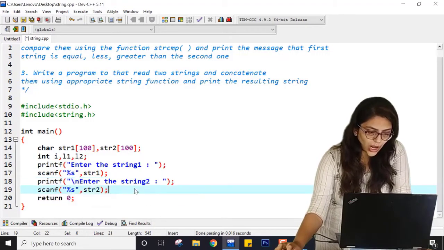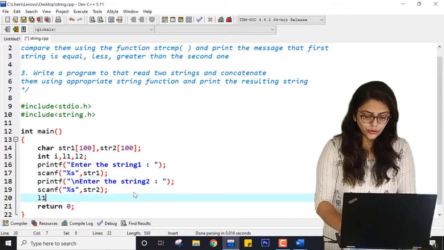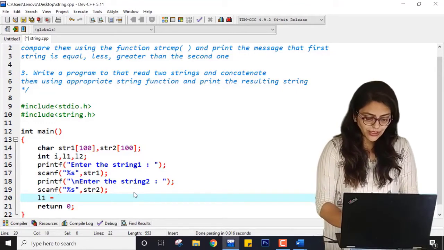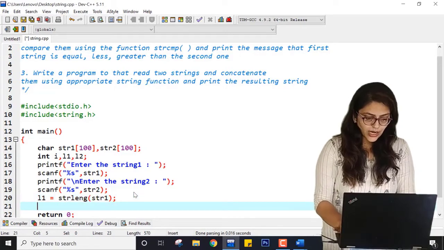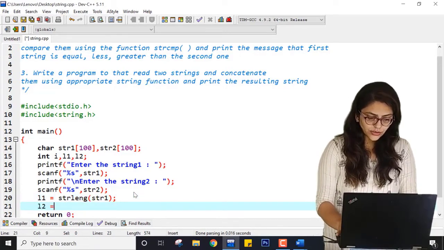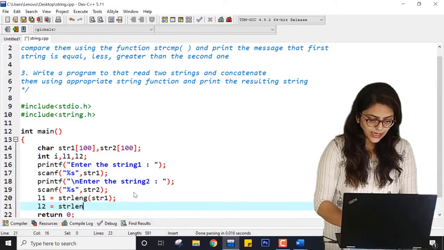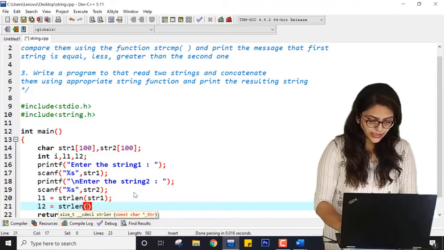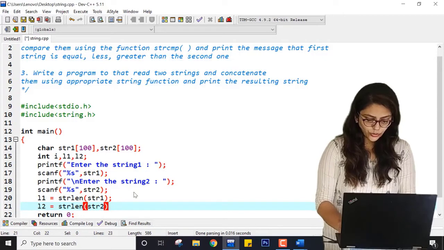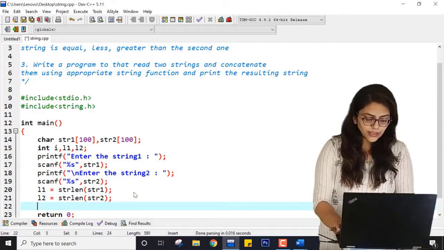Right. So now how can I find the length? I can use a function, or I can also do it without a function, but I am using the function strlen of str1. So now L1 contains the length of string 1. Here it will be str2. Now what will I check?